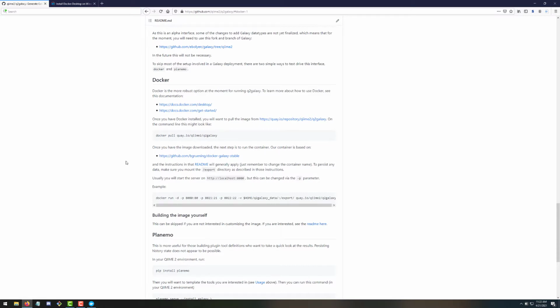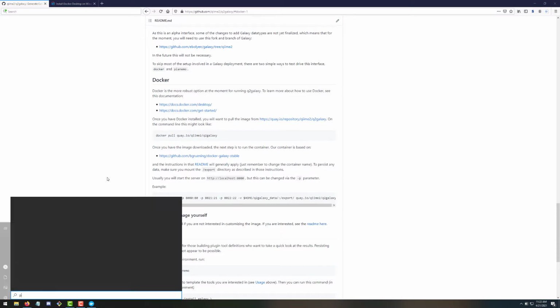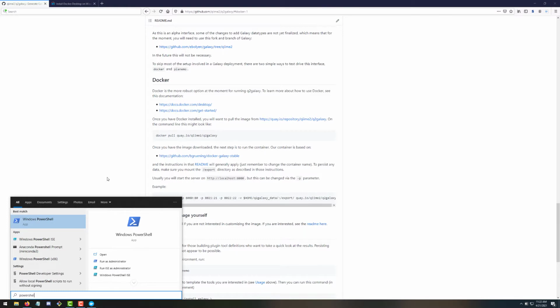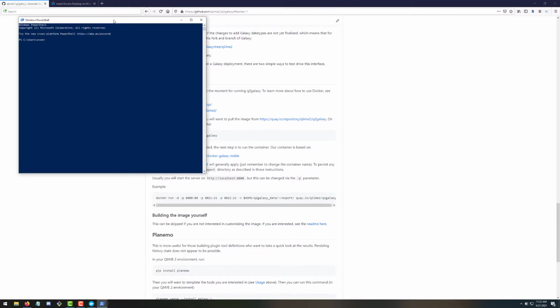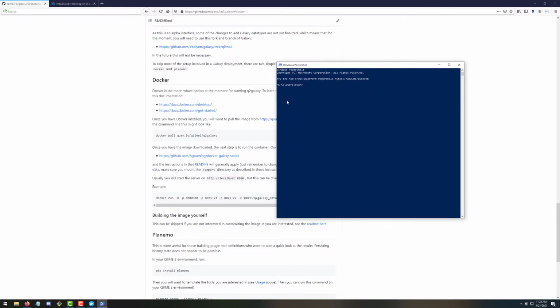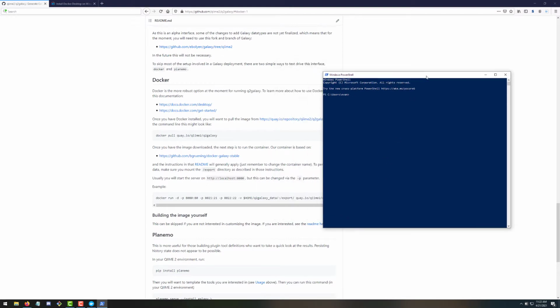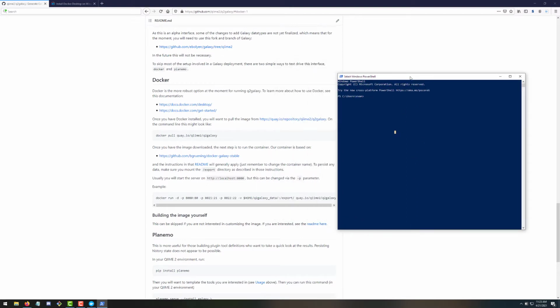To run this on Windows, we need to open PowerShell. So I'm going to type PowerShell into my Windows prompt, and now I have this lovely blue command prompt. If you haven't used PowerShell before, it's kind of the next generation of command prompt for Windows, but it's very different from Bash. If you're familiar with Bash on Linux or Mac systems, this is just an entirely different shell. But we can still run